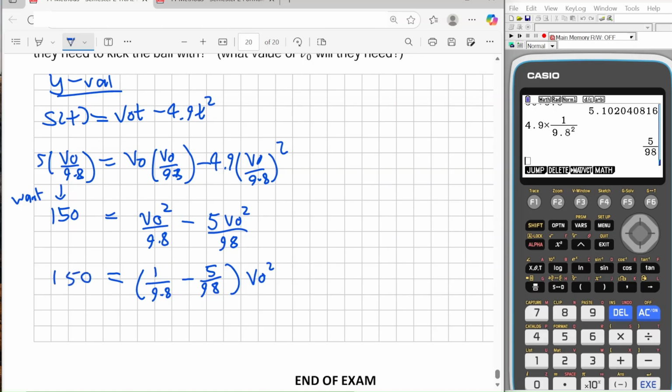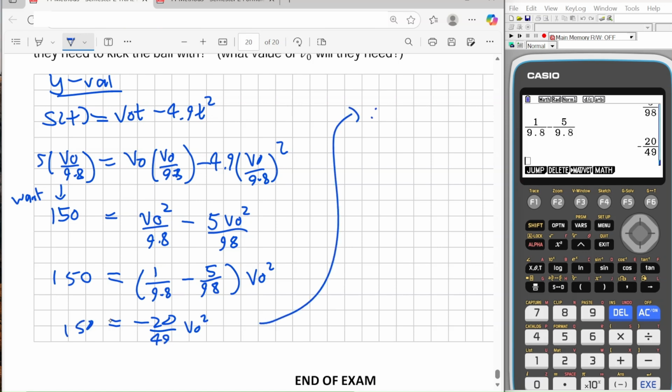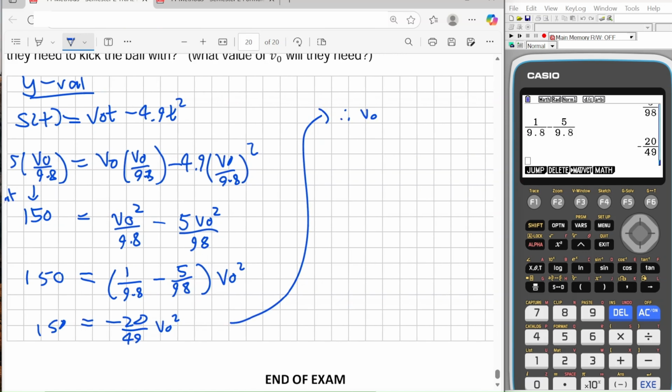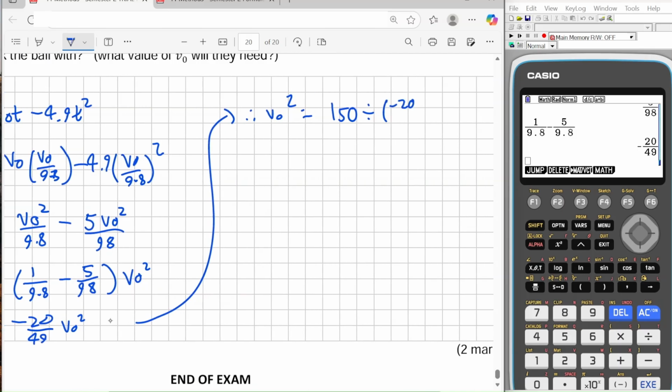We can work out what that is. So 1 over 9.8 take 5 over 9.8 gives us that number, which we might want to get back as a fraction. So minus 20 over 49. V naught squared is 150. Therefore, v naught squared is 150 divided by that number. So if we look at 150 divided by the answer that we just got,